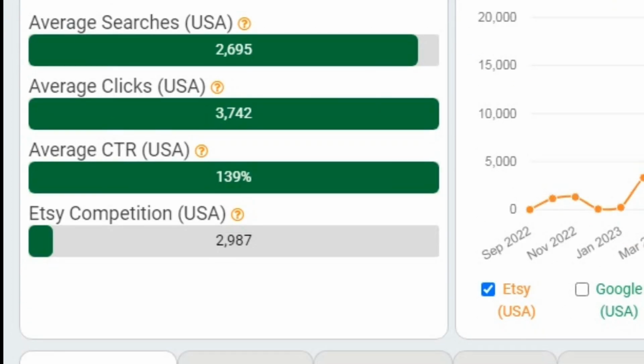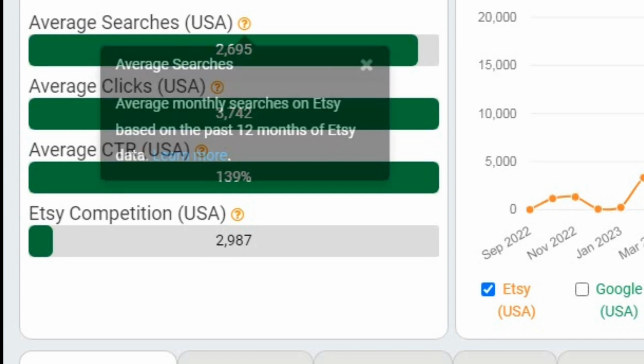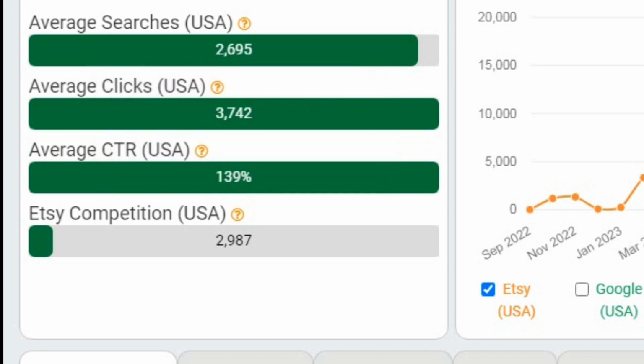And average CTR indicates a chance of getting a click per impression, which again means it will be higher if the products under the niche are getting clicks. And lastly, competition. It's better to have a low competition niche. So basically, if all these bars are green, then the niche is excellent. And as you can see, all these bars are showing good results, which means sorority resume templates niche is definitely worth